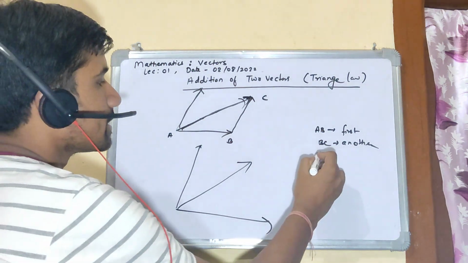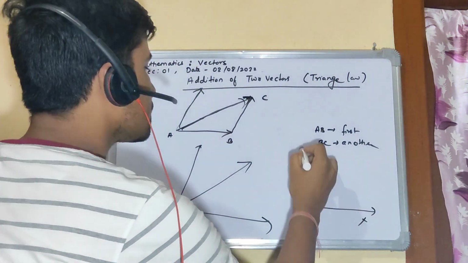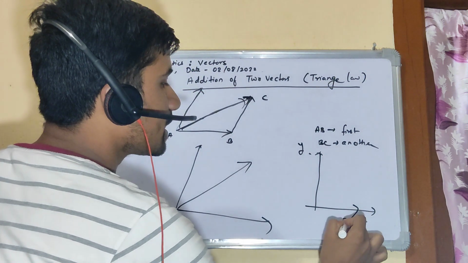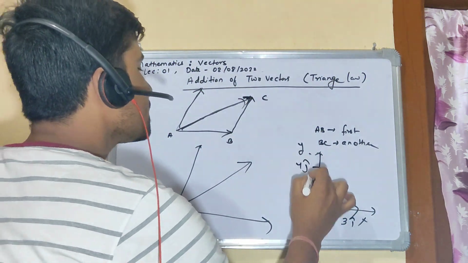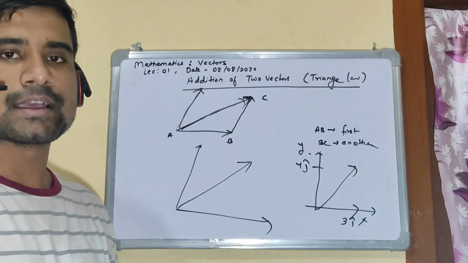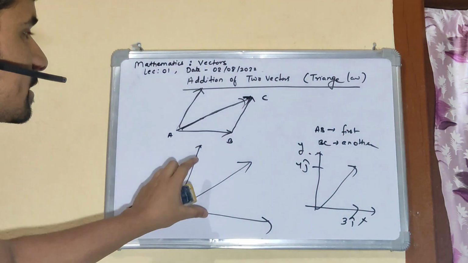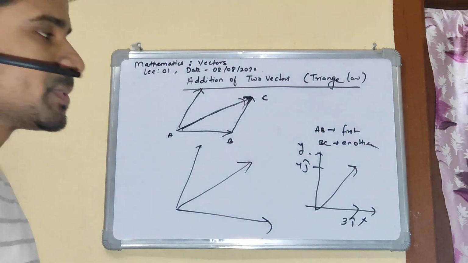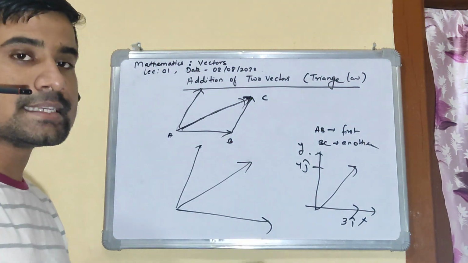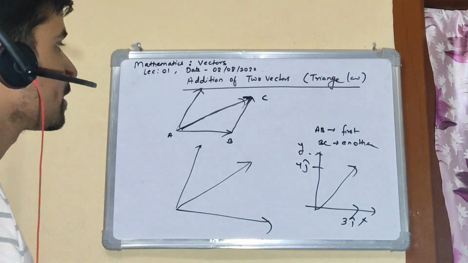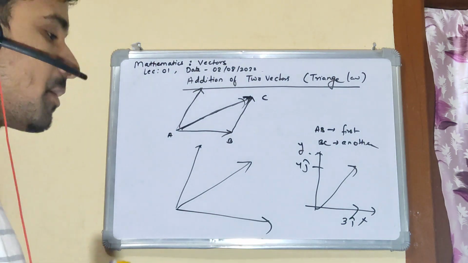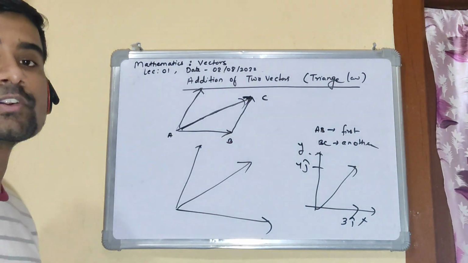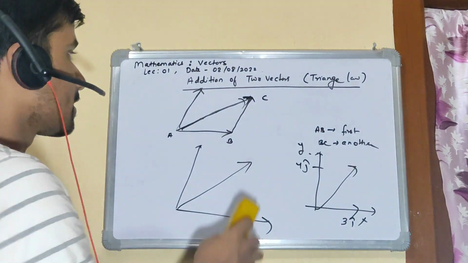So let's say this is the x-axis, this is the y-axis. There is a vector 3i cap, there is a vector 4j cap. The resultant will be somewhere in this direction, right? Clear? And this is what comes from the triangle law, which I just explained, on how a vector placement should be there. But this is how we can see it easily, right? Okay. Now let's talk about what is the magnitude of the resultant vector, and what is the direction of the resultant vector.